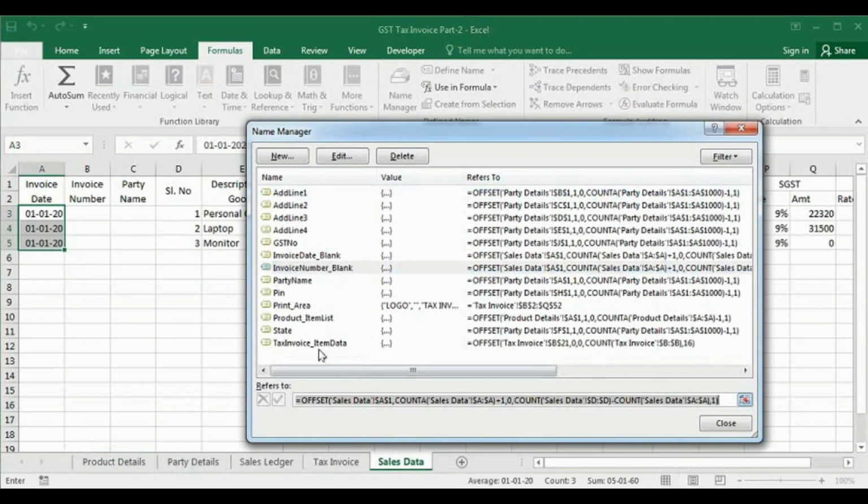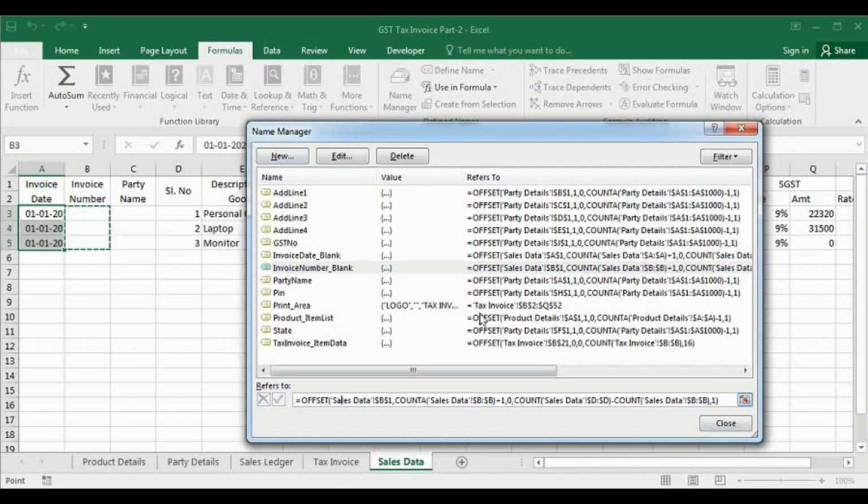Sorry, we have to go here. The invoice number is in column B. So here I have to type column B and then COUNTA. This should also be column B, so B to B, and here there should be the same D, and I will minus this number of cells. So here will be B. Okay, now see, it's selecting the blank cells only.